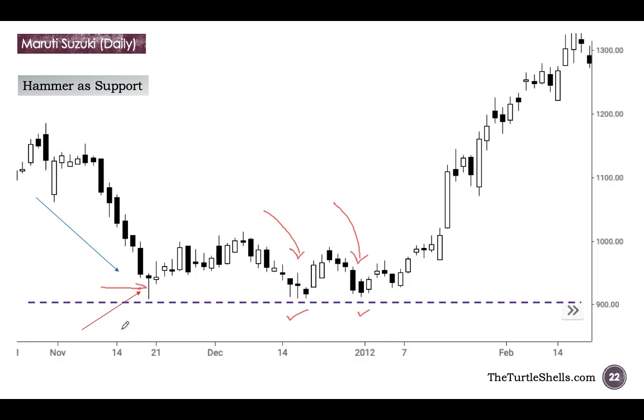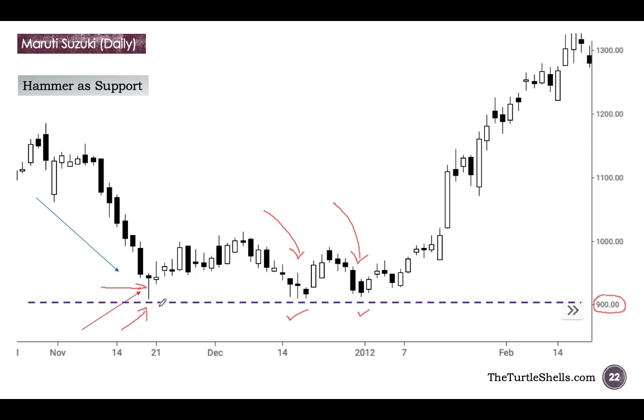We know that the bulls are sitting here. The bulls will never allow the price to go below the low of the hammer. Whenever the price tries to enter that zone, which is the 900 level approximately, the bulls come back charging into the market